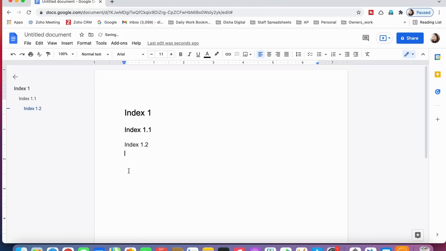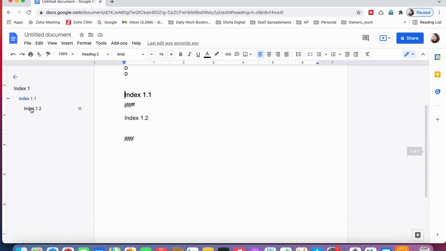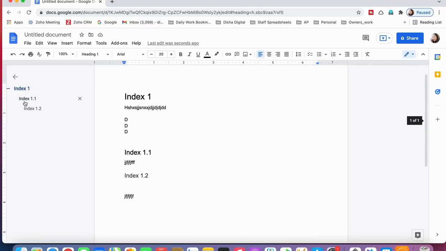Like that you can create. Again, whatever text you want to add, you can simply type it. So in Index 1, this will be your subheading 2, and this will be your subheading 3. The best feature of this document is that you can simply click on this heading tab to move on.